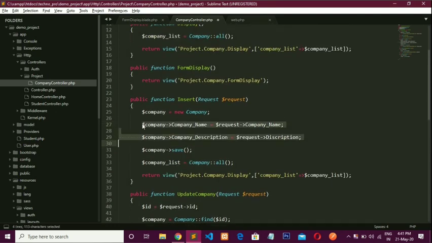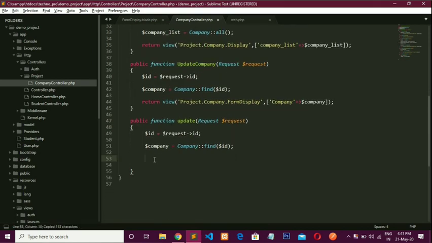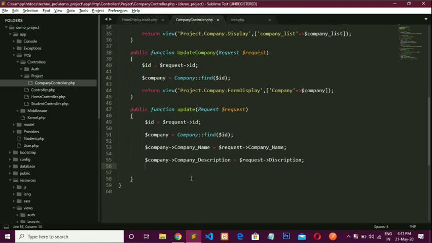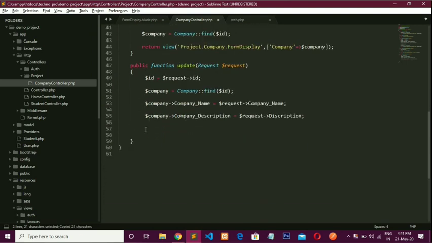Okay, again copy these two things and paste them over here. Now okay, the code is successfully completed. Now write the second line, which is save. Okay, so here the updation code is successfully written. Now check.